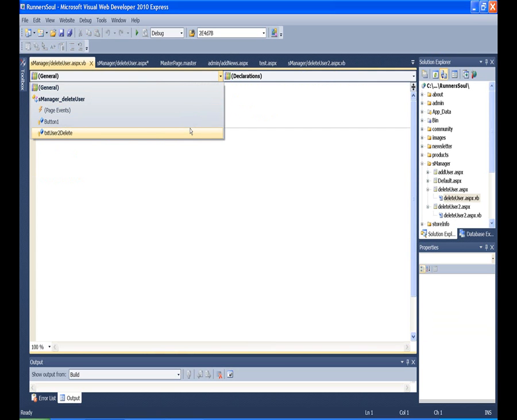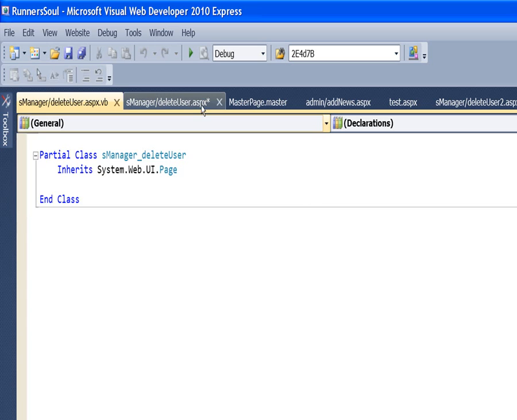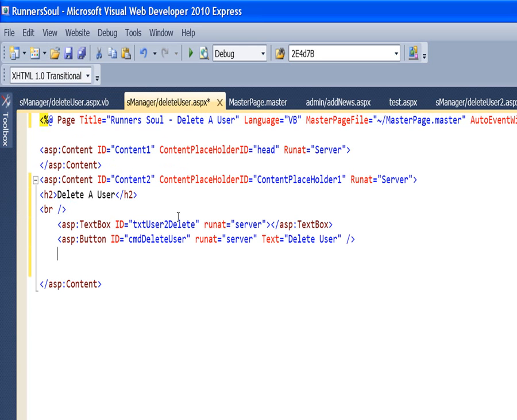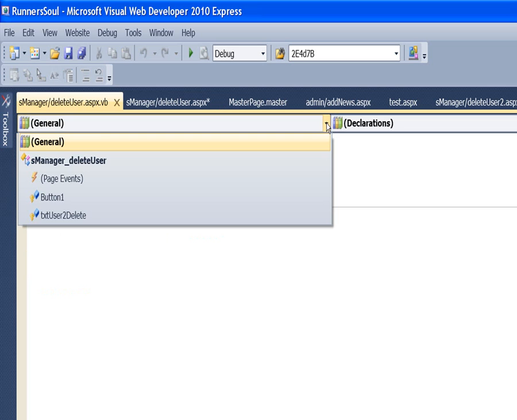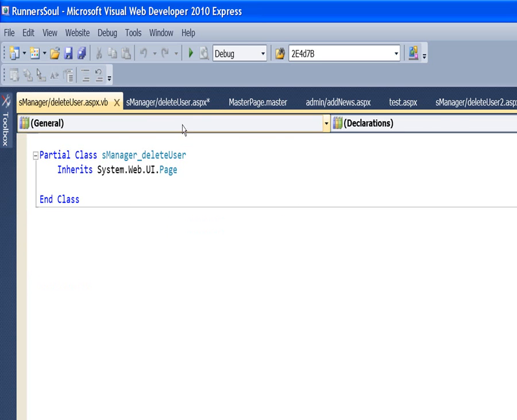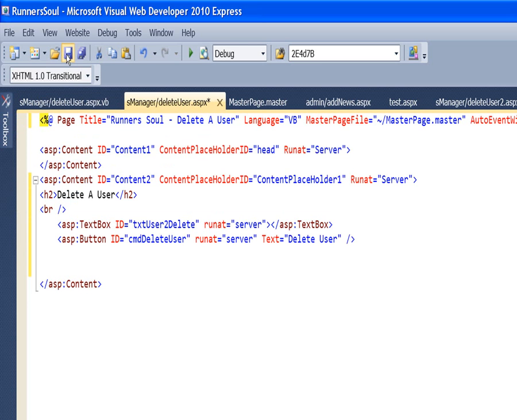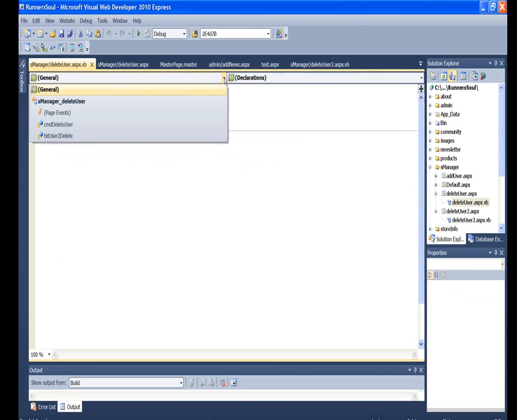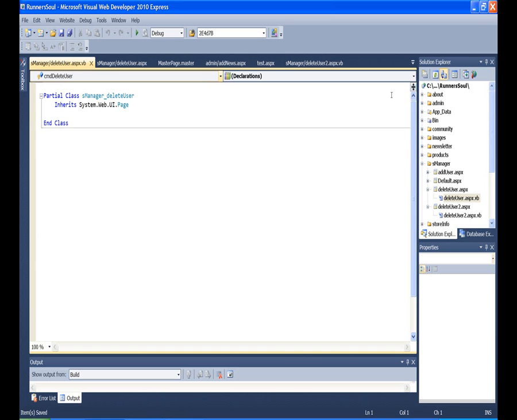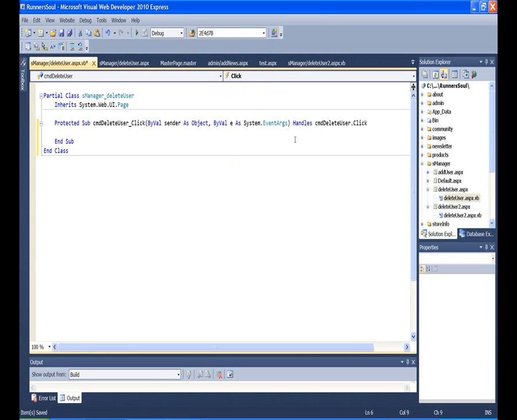So I'll come here to the VB. Oh, I'm sorry, I want to rename that button. So let's go back to here. Oh, we did call it cmdDeleteUser. I don't know why it's not picking it up. Let me save this and go check it again. Okay, cmdDeleteUser, and on the click event, what we want to do is